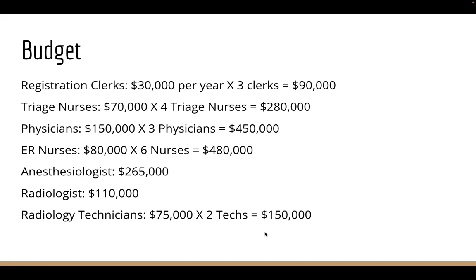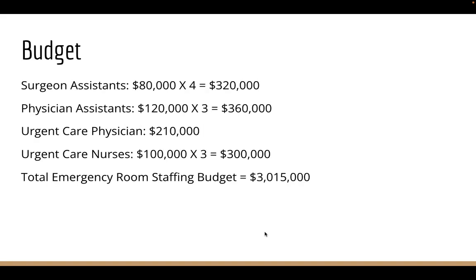So my emergency room was looking to have 3 registration clerks, 4 triage nurses, 3 physicians, 6 ER nurses, an anesthesiologist, radiologist, and 2 radiology technicians, 4 surgeon assistants, 3 physician assistants, an urgent care physician, 3 urgent care nurses, and 3 urgent care nurses, which comes out to a total budget for staffing of $3,015,000 a year, which